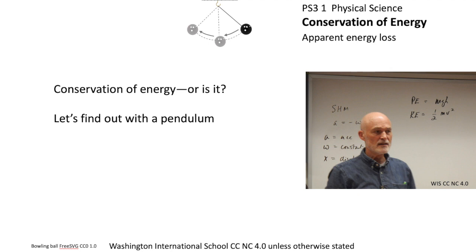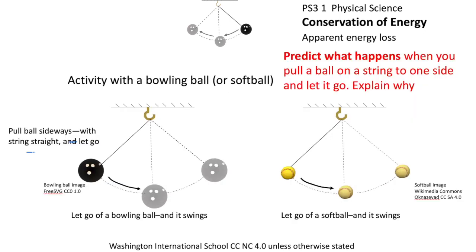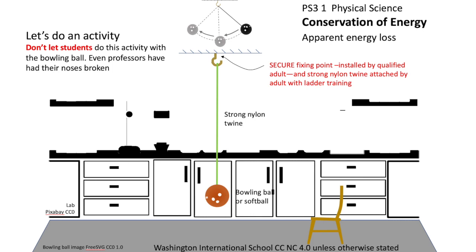We're going to look at conservation of energy, or are we going to find that energy is not conserved? And we're going to find out with a pendulum, an activity with a bowling ball or a softball, and predict what happens when you pull a ball on a string to one side and let it go. Explain why. Making a pendulum: fixed securely to the ceiling, installed by a qualified adult on strong, thick enough nylon